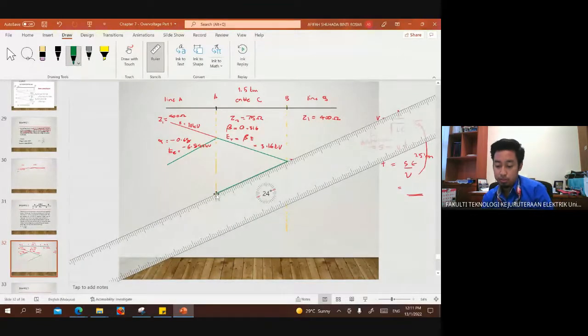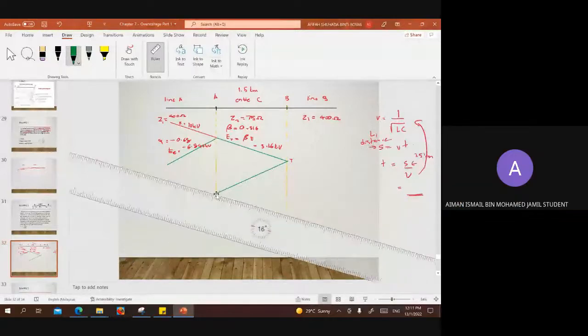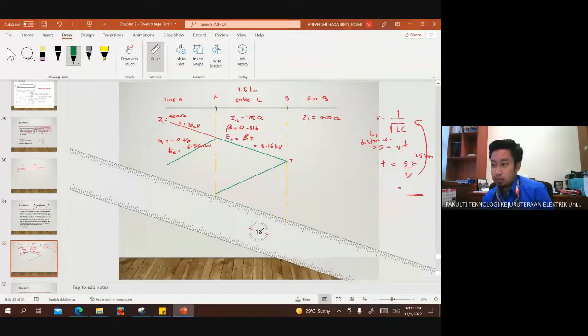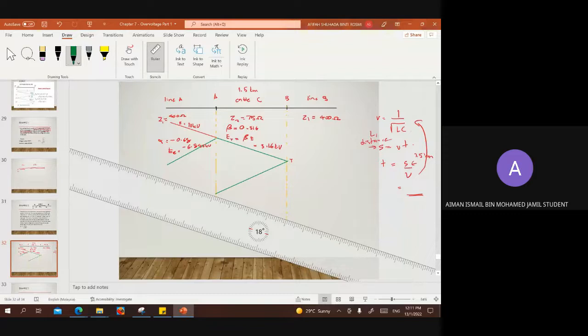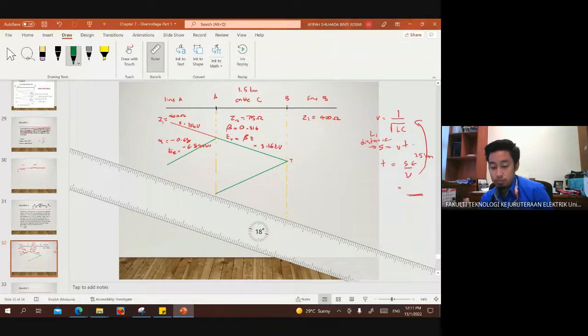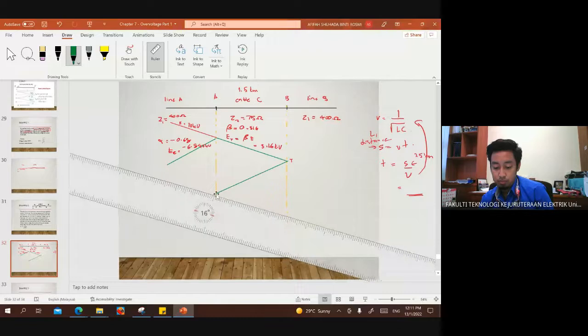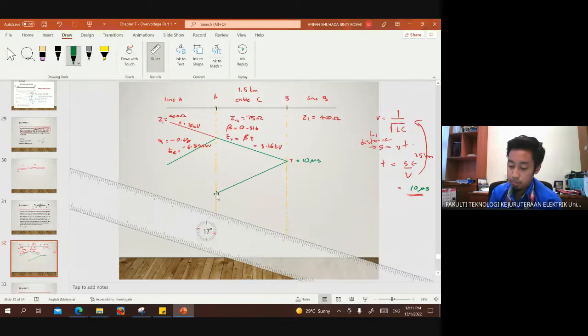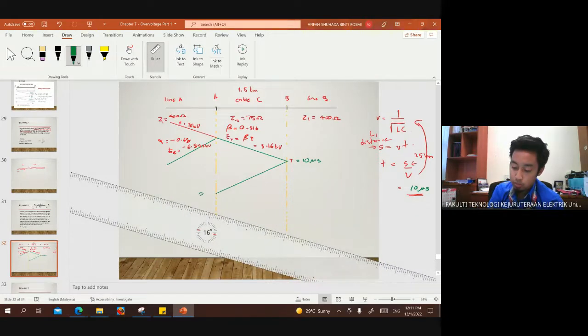Okay, saya akan cepat sikit. So V tu yang 1 over square root LC tu, dia untuk kabel punya LC lah. Ya, betul. Dia untuk kabel saja. Okay. So T dekat sini you akan dapat 10 microsecond. Okay. 10 microsecond. And then dekat sini 2 T ni of course lah 20 microsecond and then dia akan reflect